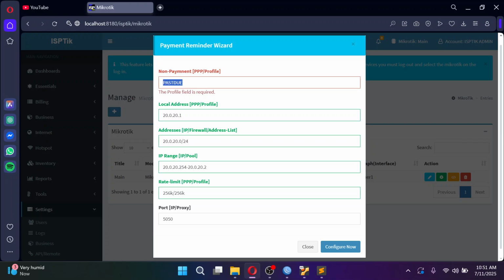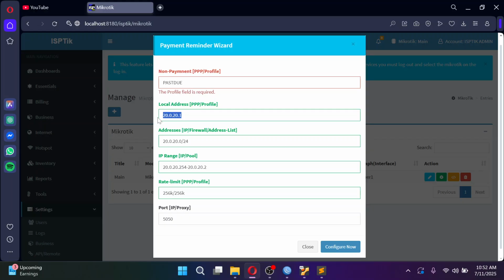Past due, or anything like disconnected, or basically non-payment, etc. But let's make it past due. Okay, past due accounts or non-payment.